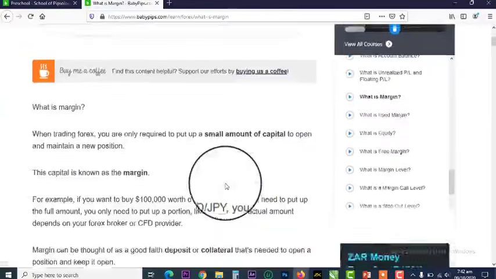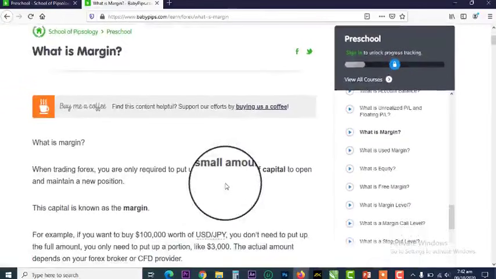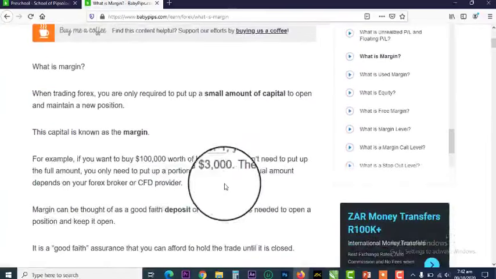It is what it is. You're not going to see PL or FL or whatever. Then what is margin? We've talked about margin the other time, right? If you want to control